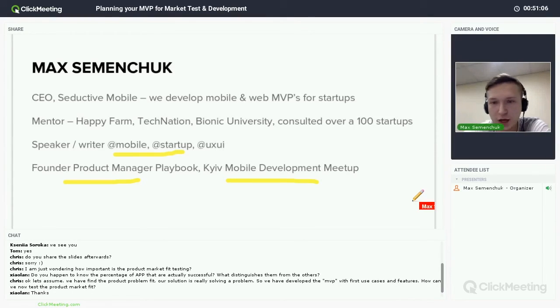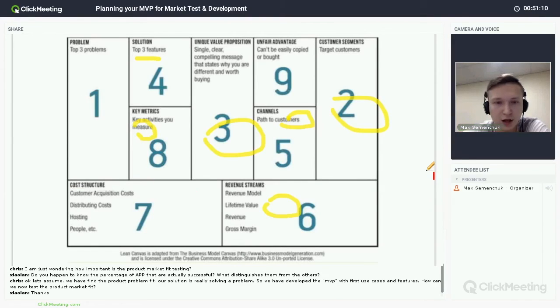Well, if we go back to the product model canvas, the segments that answer these questions are basically channels and KPIs. So, for example, how would you test the product market fit without any product at all? You can create a landing page and define what you're trying to build.